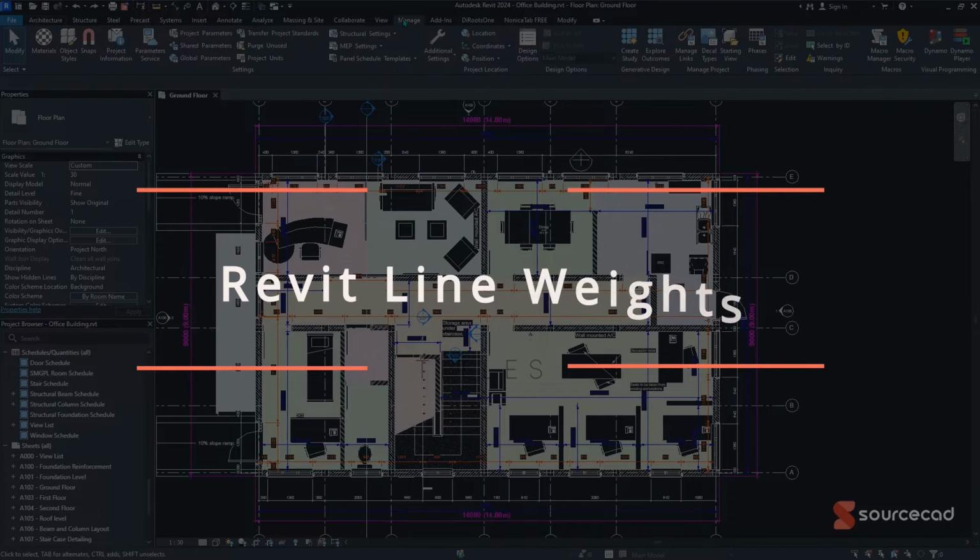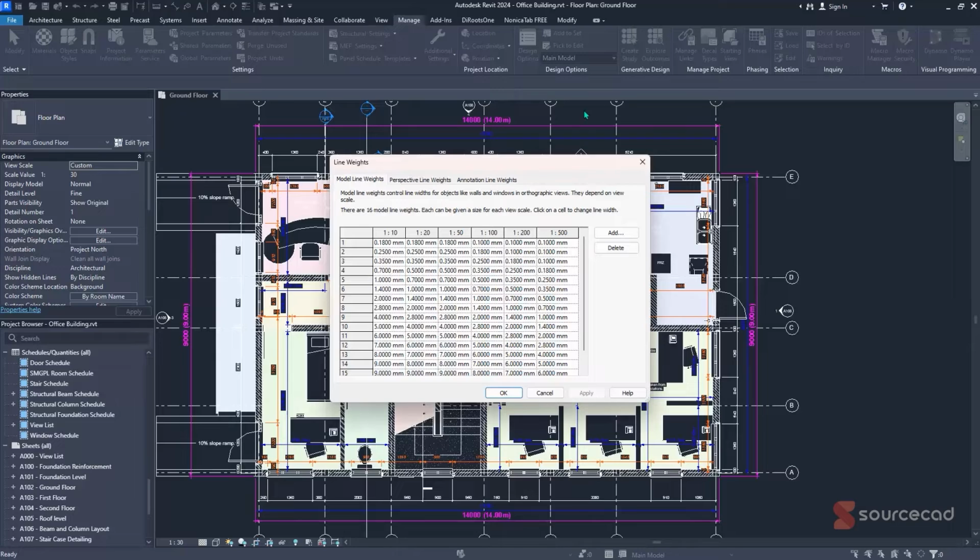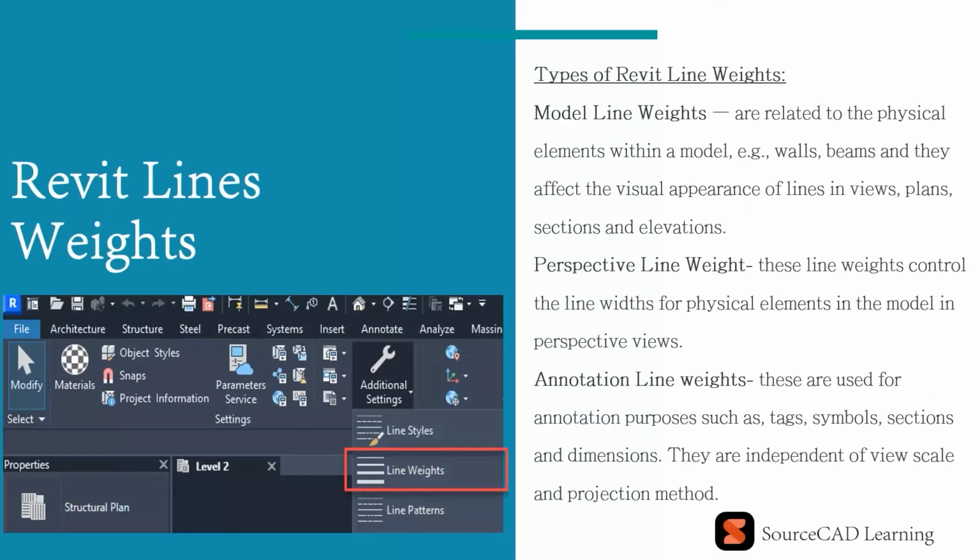So now let's look at the next option, which is line weights. I'll just simply click on line weights and I'll be explaining what they all do. So when it comes to line weights, we have three types of line weights. The first one being the model line weights. So they are related to the physical elements within a model, e.g. the beams,